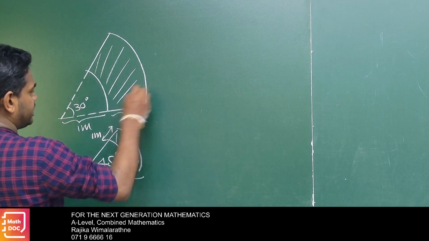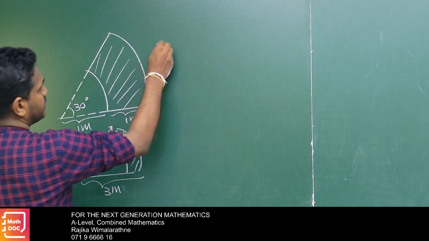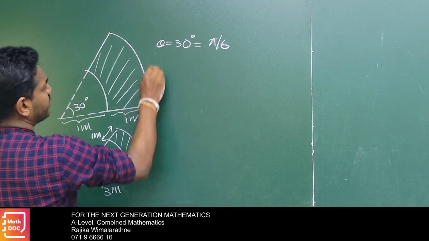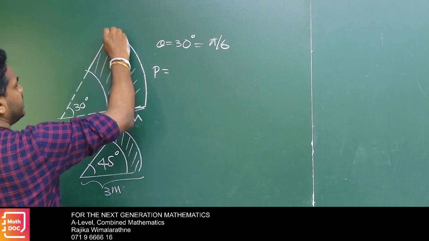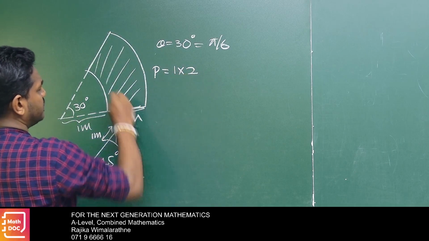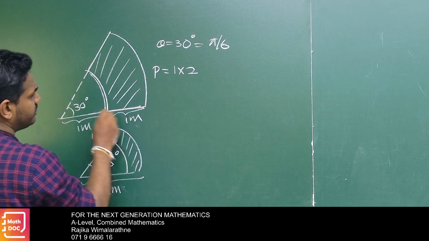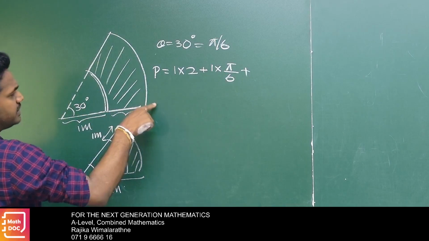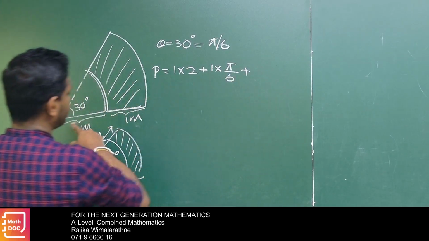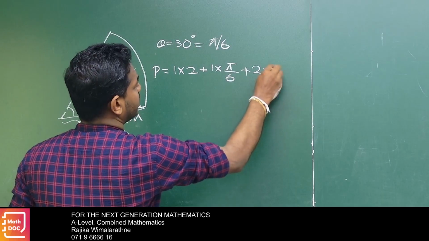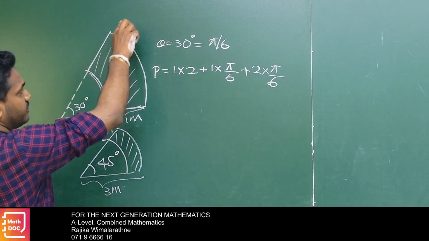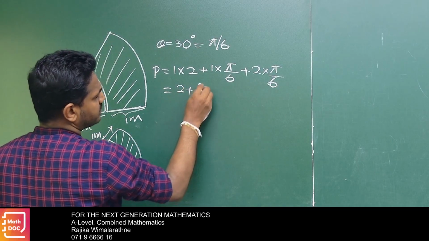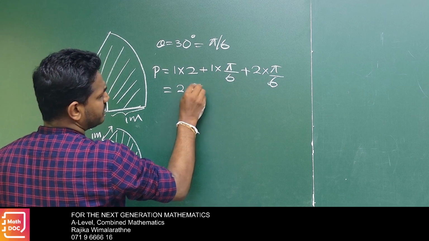Okay, here perimeter, here 1 meter now, 30 degrees means theta 30 degrees, pi divided by 6 in radians. Then perimeter, here 1 meter, 2. Then S equals r theta, r means 1, theta pi divided by 6. And for this one, r theta, r means 2, pi divided by 6. Then 1 meter, r theta. Then simplify. 2 plus, here 3 pi over 6, that means pi over 2,